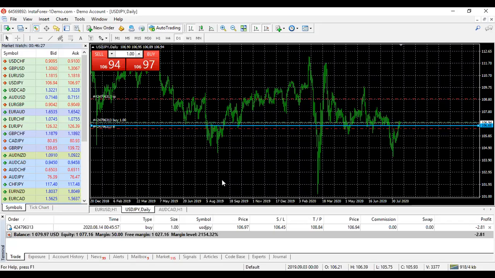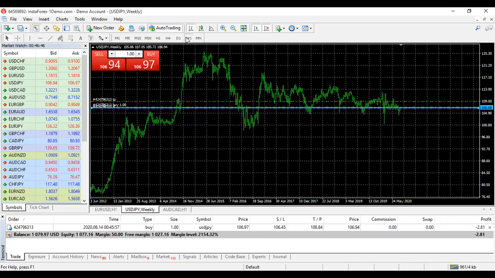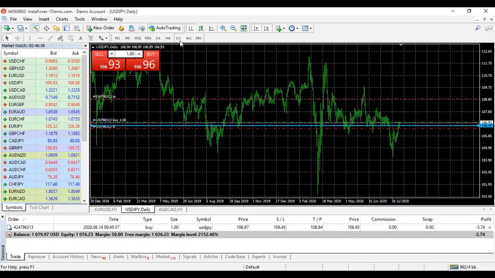So how to identify a key level? The first one is you identify key levels at daily, weekly, and monthly time frame. I can only identify my key level at daily, weekly, and monthly time frame, the highest. You have the idea. You said daily, weekly, and monthly time frames. Okay. Then secondly,